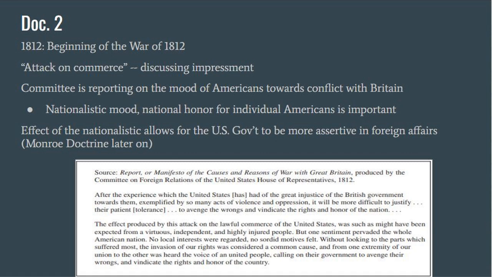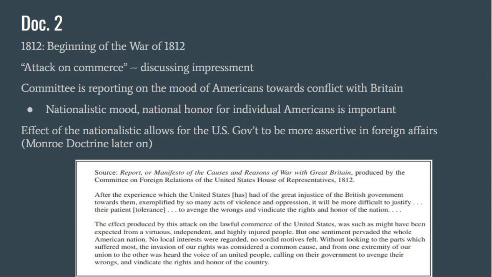The second document is about identity, but through the lens of foreign policy, or threat from a foreign force. In this case, it is the beginning of the War of 1812, started partly due to the impressment of American sailors, which the document alludes to. This committee report discusses the American mood towards conflict with Britain. It does not specifically mention it, but I think the goal was to find out if most Americans, who may